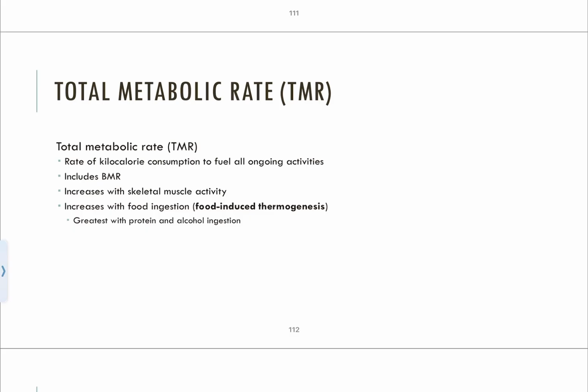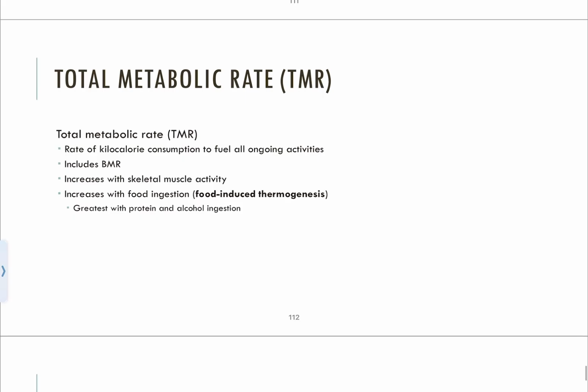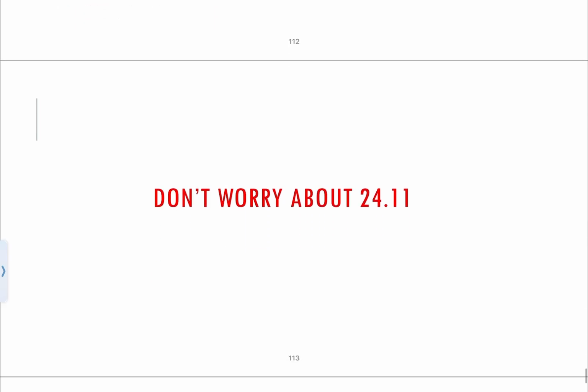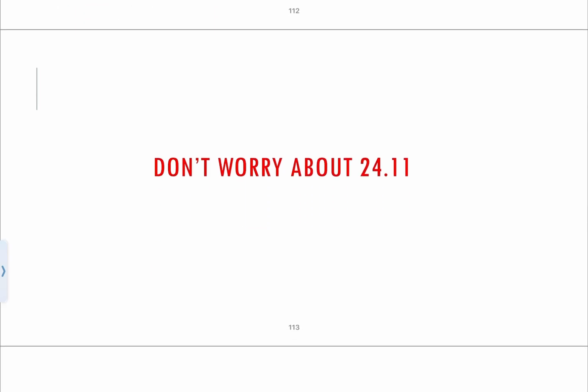If we increase our skeletal muscle activity, we are also going to increase our total metabolic rate. If we increase our food ingestion, that is also going to increase our total metabolic rate. And we would have the highest total metabolic rate if we have a huge amount of protein in our diet or if we are consuming alcohol. And you do not need to